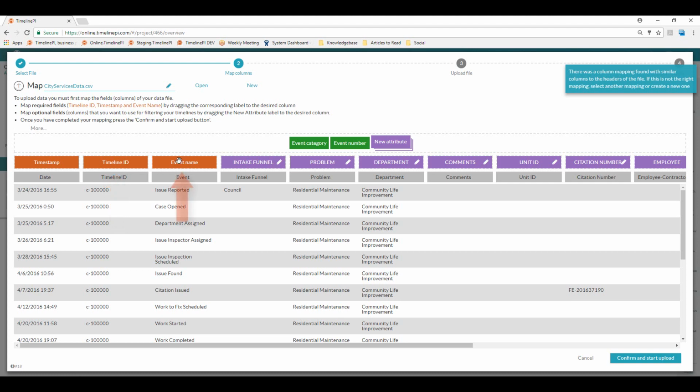And then lastly, the event name. This is simply going to tell us what happened at that step. This will tell us the work that was completed, so something like the request was submitted, the work was completed, those sorts of things. Those are the only three required fields that we'll need, but we'd probably want to also bring in additional fields,